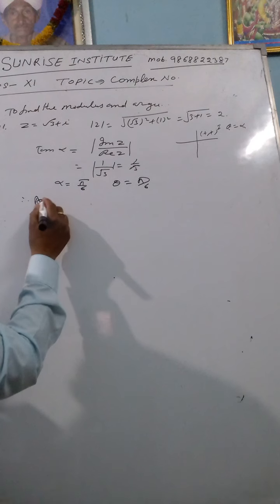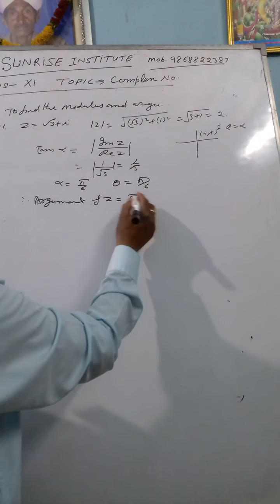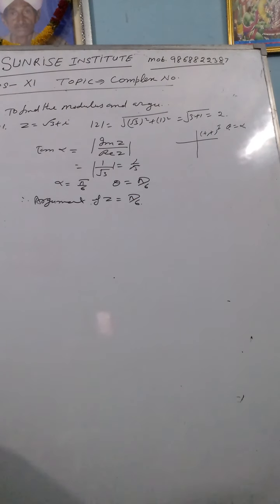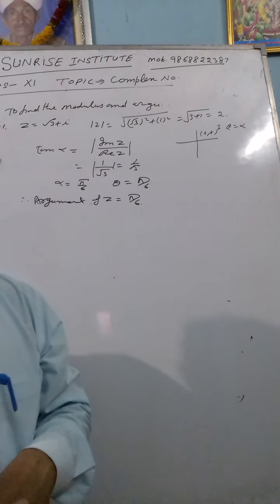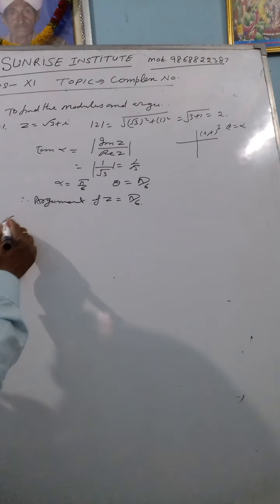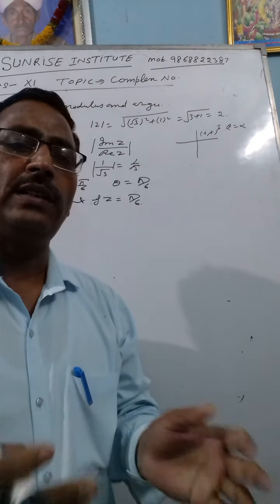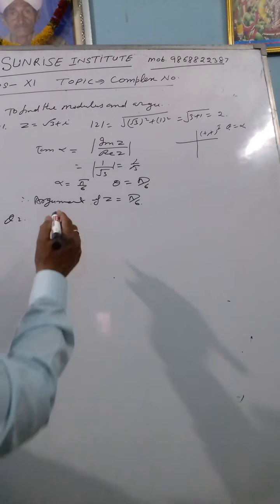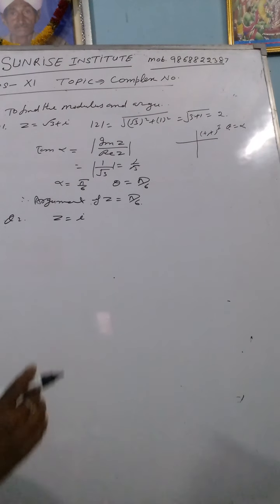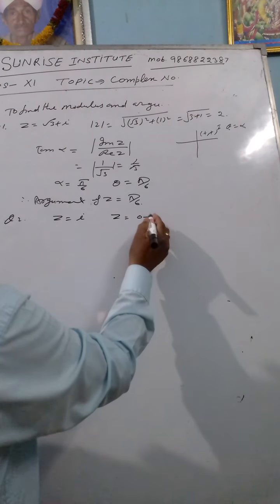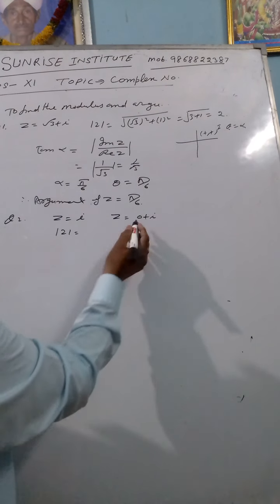Therefore argument of z equal to pi by 6. Okay student, that is how to find the argument and modulus. Take some more examples. Question number 2, that is iota. Z equal to iota. Okay students, first we write the complex form, z equal to 0 plus iota. Okay students, then modulus of z equal to